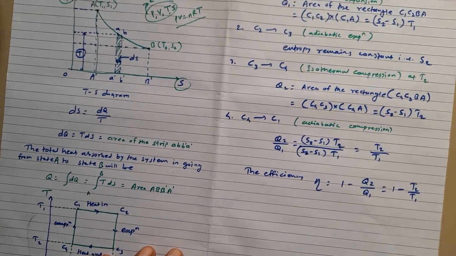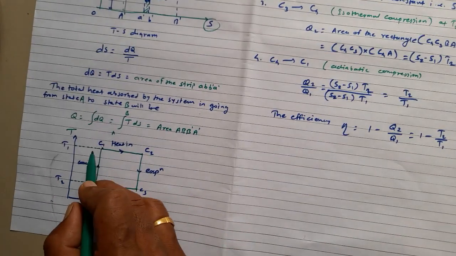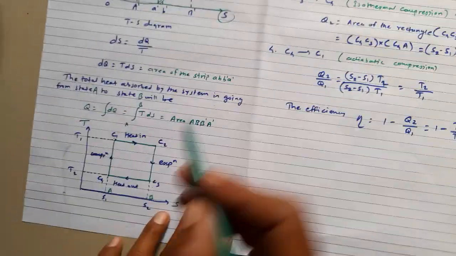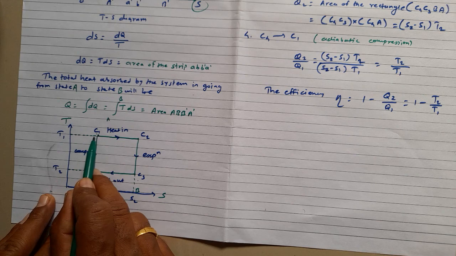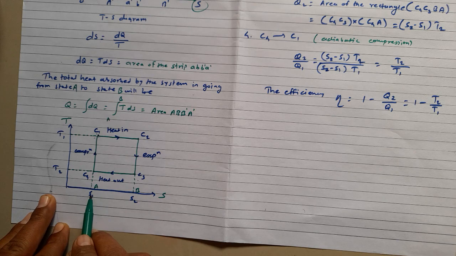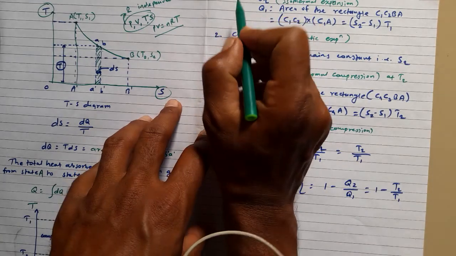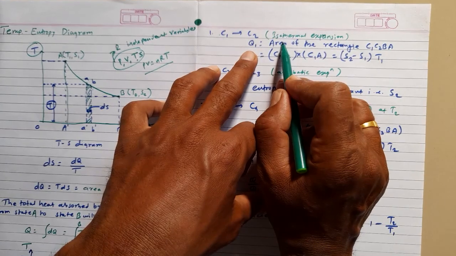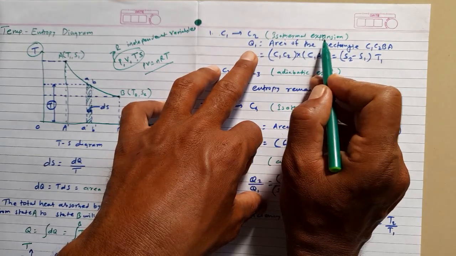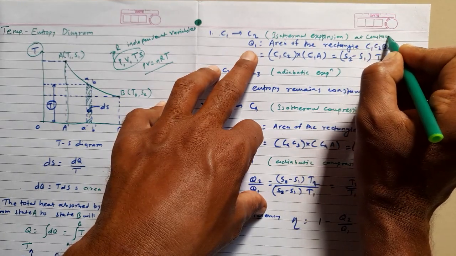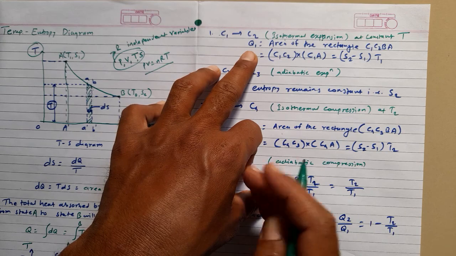Now when the system is going from C1 to C2, you can see on this diagram there is no change in the temperature. So temperature remains constant throughout, and whatever changes are happening are in its entropy. When the system is going from C1 to C2, that is called isothermal expansion. Isothermal expansion, obviously, is at a constant temperature,